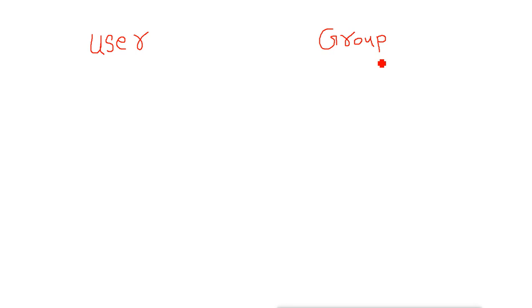Group of PCs. Now what we are talking about is user accounts. So what is a group? A collection of user accounts. Now why do we use groups? We use groups to give a collection of permissions. Suppose we want to give permission to access some file to 100 users. Instead of giving a separate permission to each of the 100 users, I will create one group, make all these 100 users members of that group, and assign the permission to that file. Now when we assign the permission to that group, all those 100 users will get the permission.